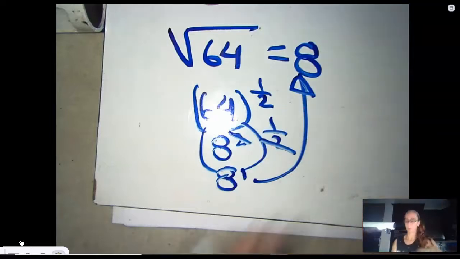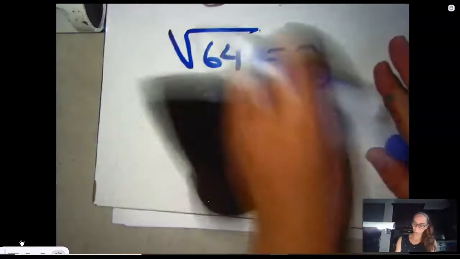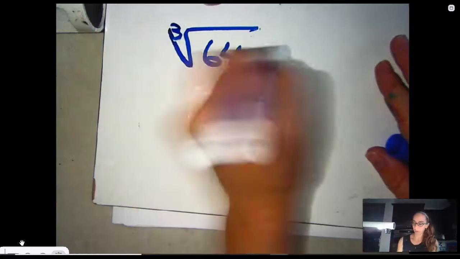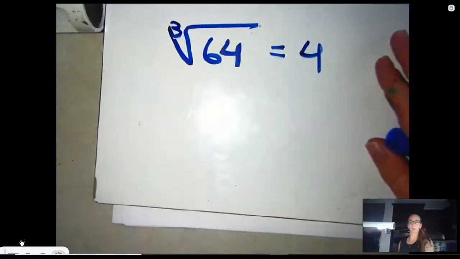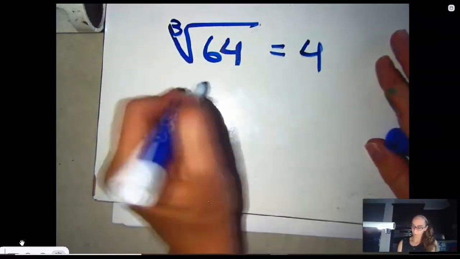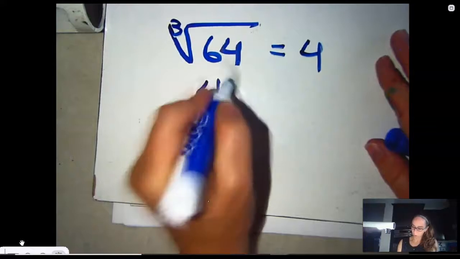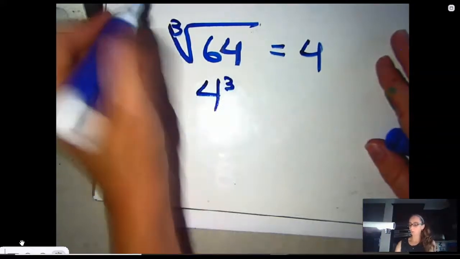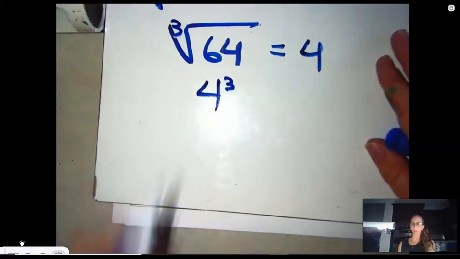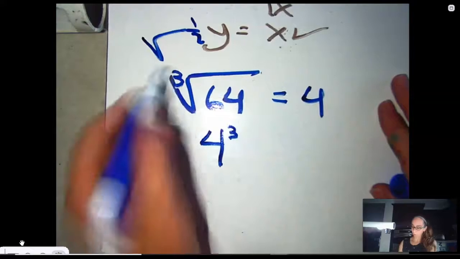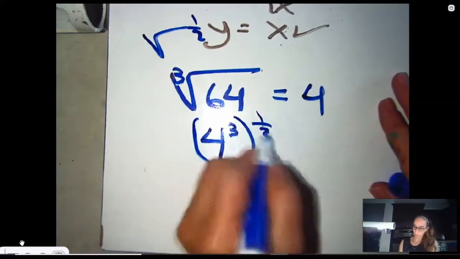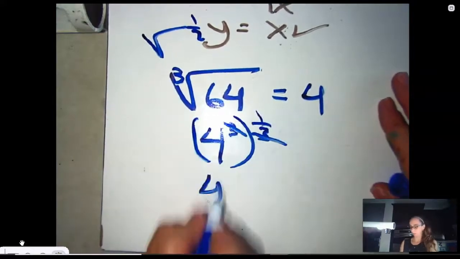Okay, let me do another one. If I had the cube root of 64, I know the answer is 4. I also know that if I change this to 4 cubed, and if the square root was to the 1/2, the cube root would be to the 1/3. Bye-bye. 4 to the first